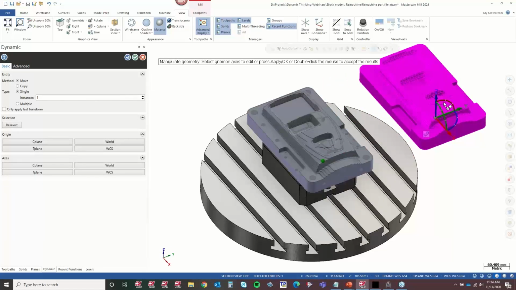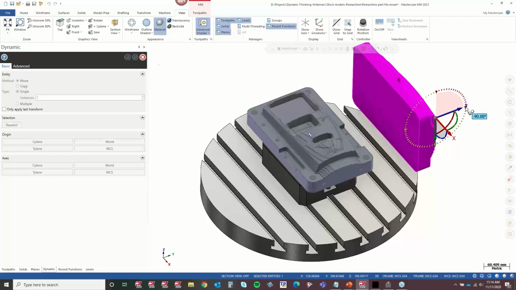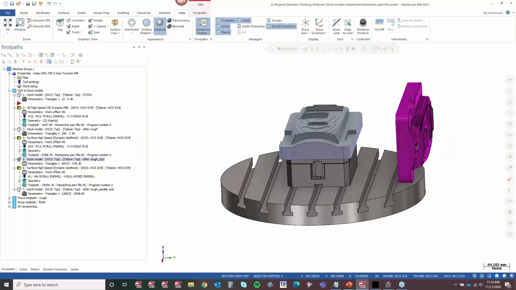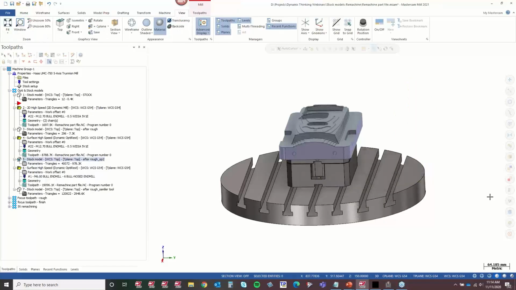If I want to use this in a different spot on my part, I can rotate this over to another plane on the side of another tombstone or something, and then create another stock model that references this mesh as the initial stock. It's a very, very powerful thing with stock models. The one issue there is it is not associative. So if I make changes to the stock model, I would have to redo that. But it is a way to do things creatively with stock models and move them around.